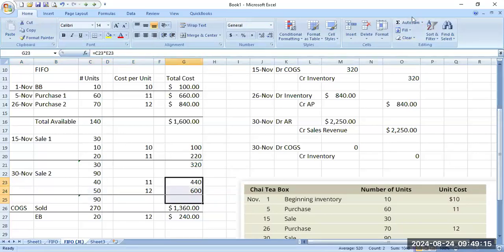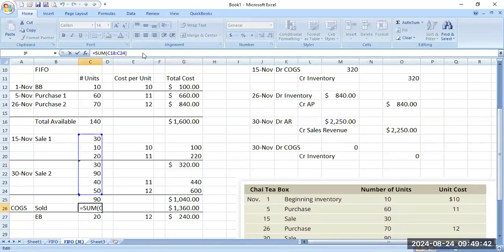$90, and those 90 units come with the $1,040 cost. Now those $320 and $1,040 are going to give me exactly the cost of goods sold for the units that I sold. Now it's not going to be 170. We have to change this calculation, that will be equal to